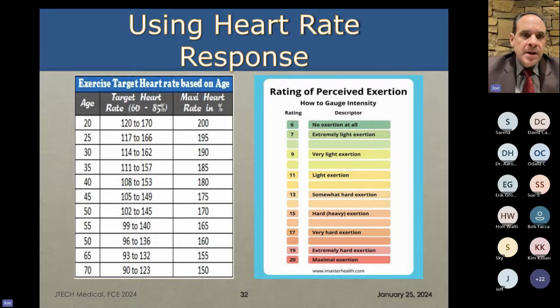What I generally do is look at the person's age, and if you're familiar with it, 85% of 220 minus their age is their maximum safe heart rate, or you could take a range of 60 to 85%, and see if they are consistently going into that range. You could also use the rate of perceived exertion, especially after types of lifting activities or heavy activities. You take their heart rate response